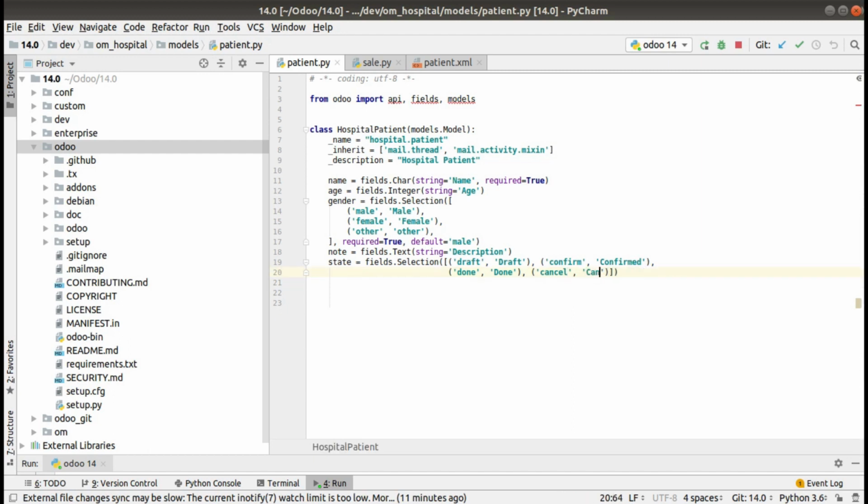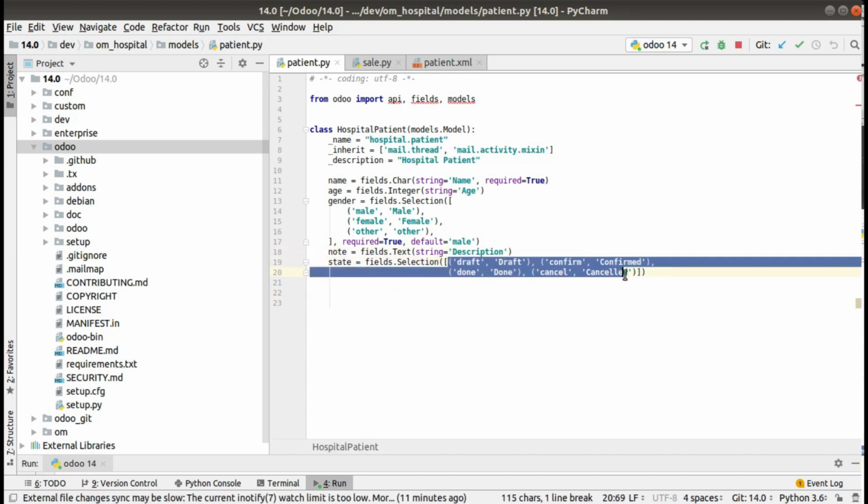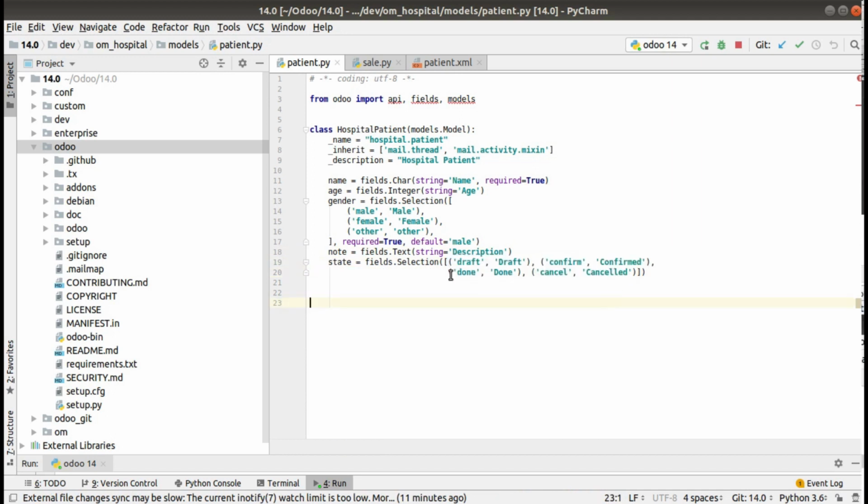So you simply have to add a selection field to your model, and you can give the values like this. In my case I have added four values, and if you need to give a label, you can simply give string as Status, or you can give it as per your needs.